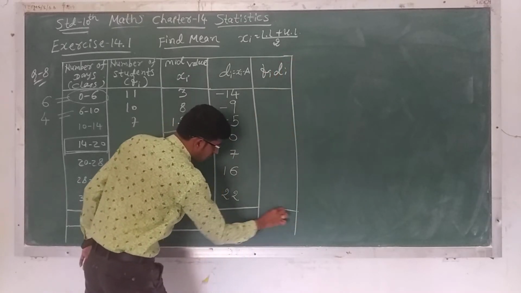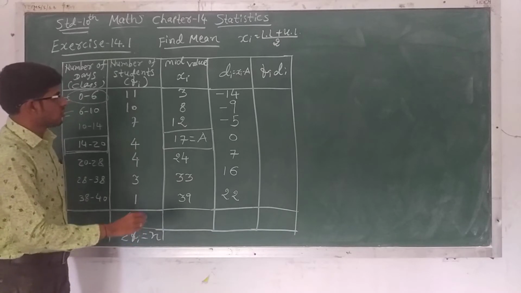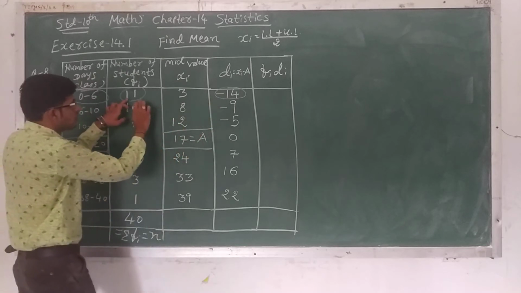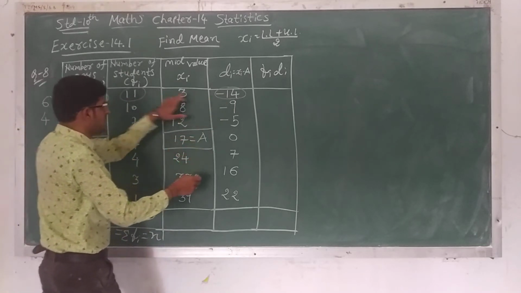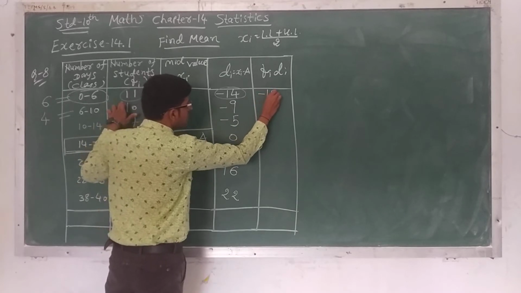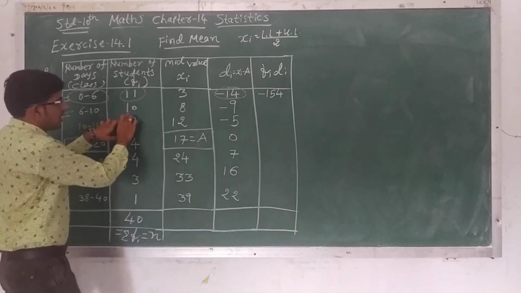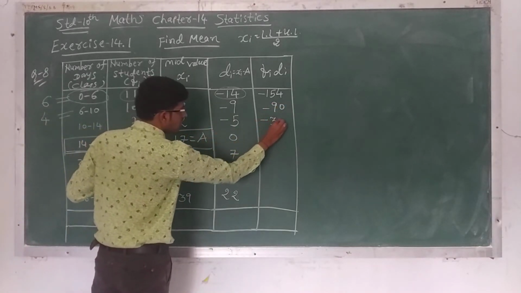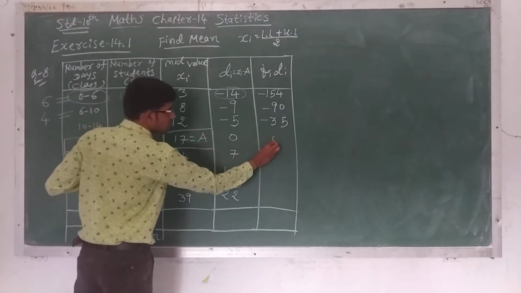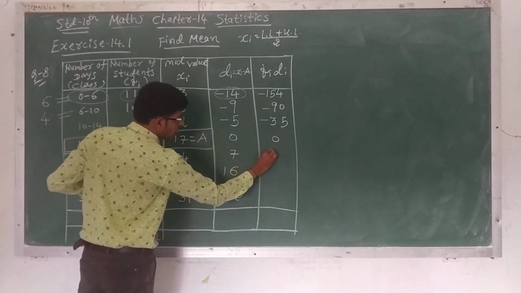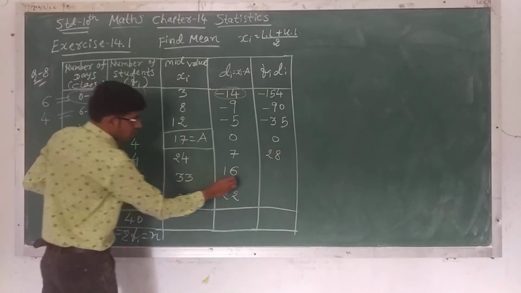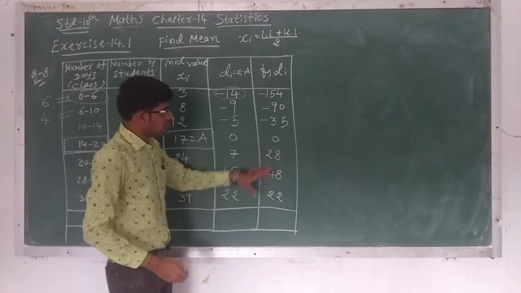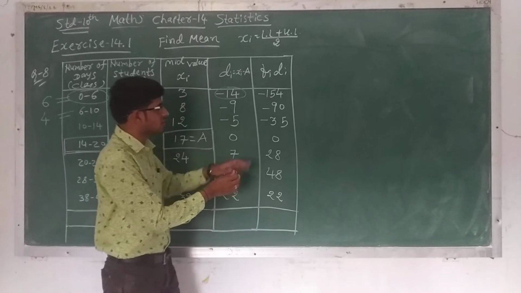Okay. The next column will be fi into di, the last column is fi di. So we have to find the multiplication of fi and di. So 11 into 14, the answer will be negative because minus times plus is minus, so minus 154. Next 10 into 9, minus 90. Next 7 into 5, minus 35. Here 4 into 0, so 0. 4 into 7, 28. 16 into 3, 48. 22 into 1, 22. So for finding sigma fi di, we have to